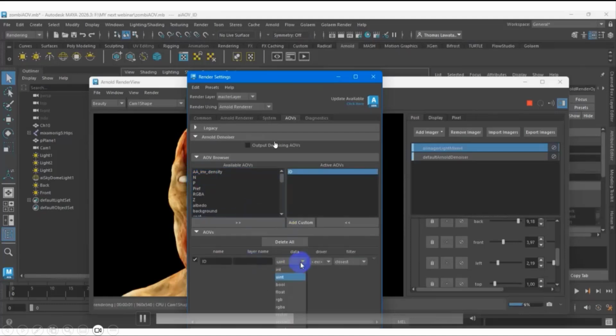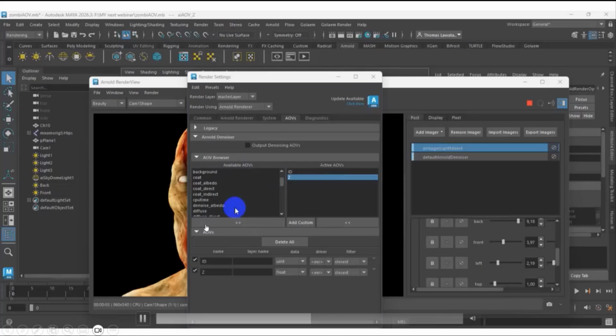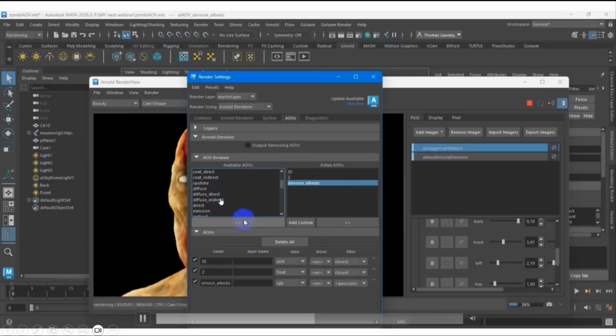So this is inside AOV. This is the channel. When you see there is albedo, background, AA, AO, even if let's say you want to create a custom one, you can select which channel you want to render. This is the noise, albedo by default, and then diffuse direct, indirect. I think this is the common one.